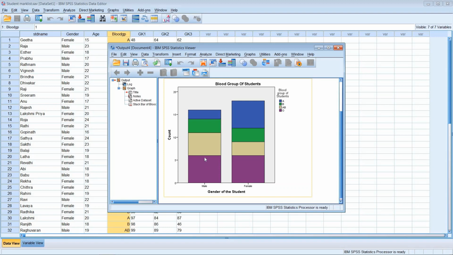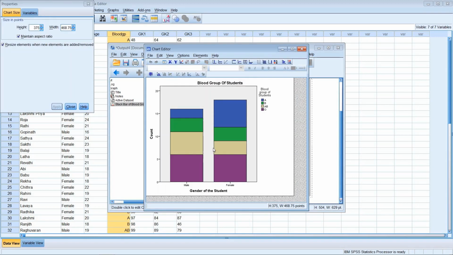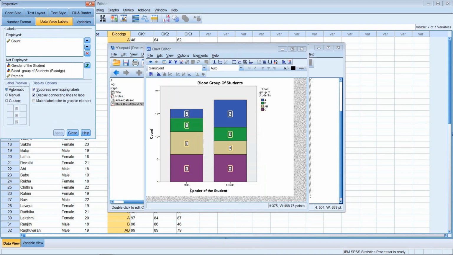For activating it, that is to say, right click on it, you can show data labels. Yes, again I want to know the blood group also besides knowing the frequency.